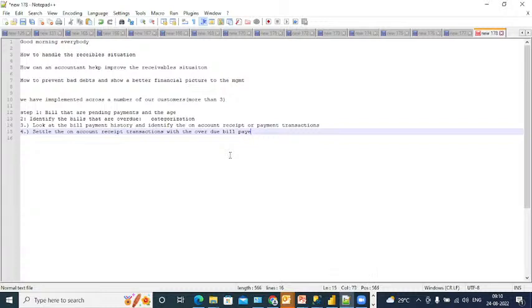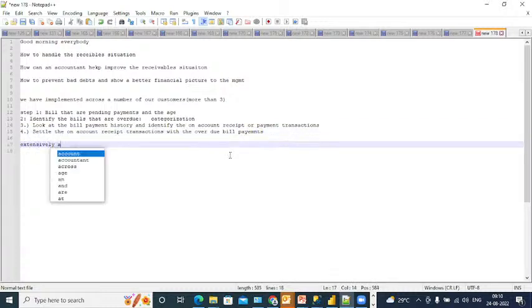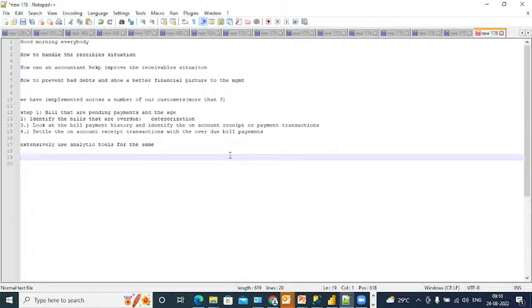So what you can do is you can use analytic tools extensively for the same, and once all this process is done, then for the overdue bills start the follow-up. That is the first step, and the second step is going to be